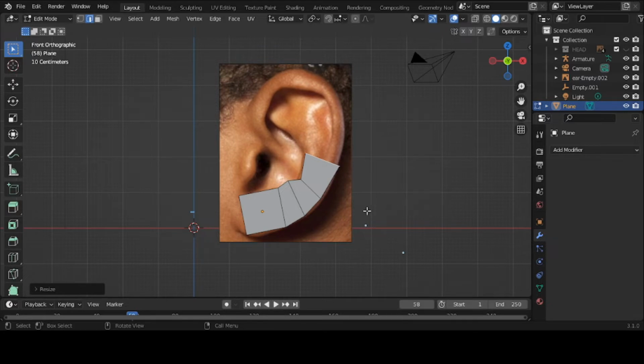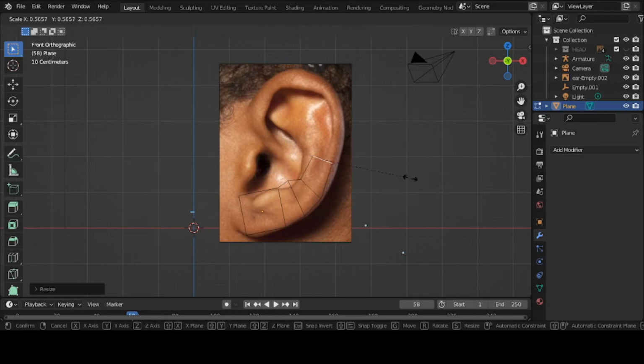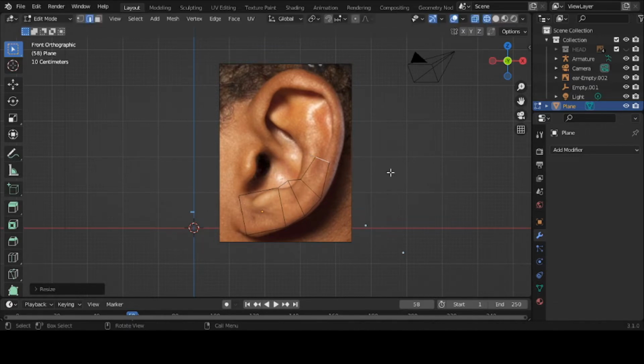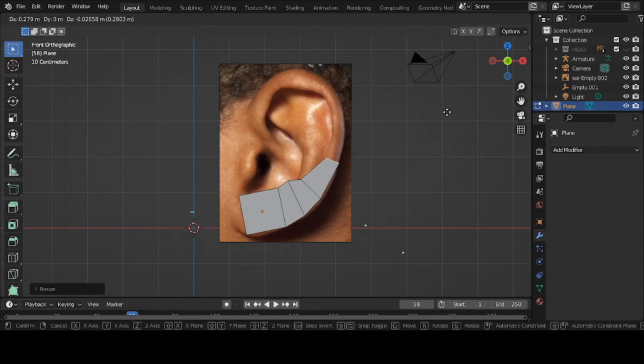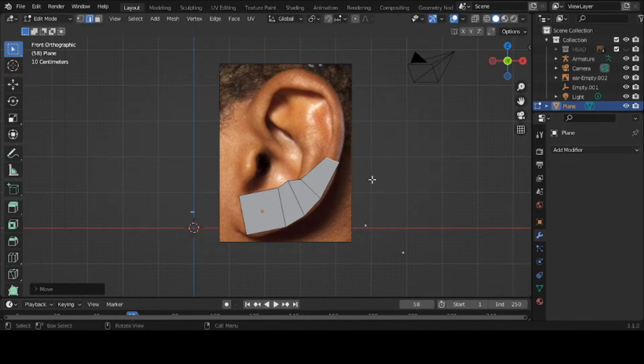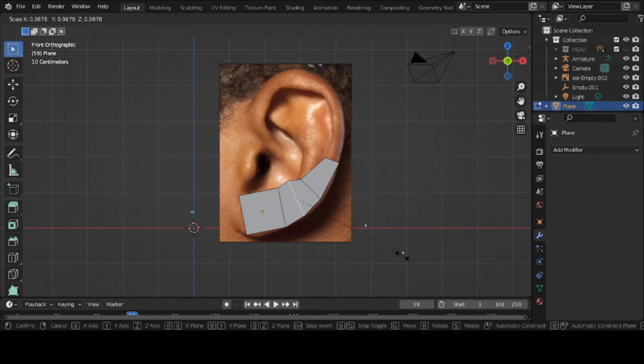All right. I want to come here. Let me see if I scale it. How does it look? Now I want to put in the X-ray mode to see the background clearly. I'm going to scale it here. Let's just stay with that thin part of his ear right here. I want to stay with this right here. And I'm going to adjust this edge loop because it looks, oh, and you can go into